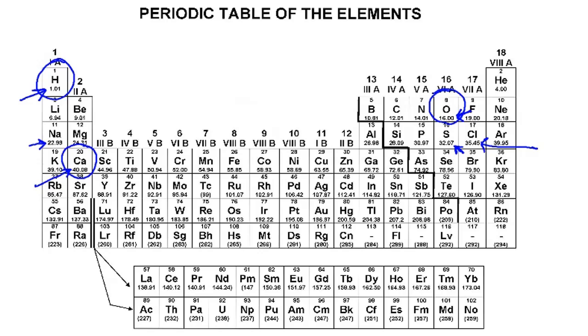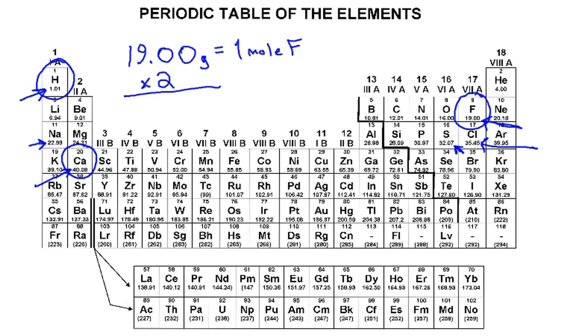Let's look here. Let me get rid of the oxygen so you can read it. Here is fluorine, and fluorine has an atomic mass number of 19.00, but we need 2 moles of fluorine. So 19.00 grams of fluorine equals 1 mole of fluorine. So 2 moles of fluorine means you're going to take that 19 grams times 2, and that'll give us 38 grams of fluorine is in 1 mole